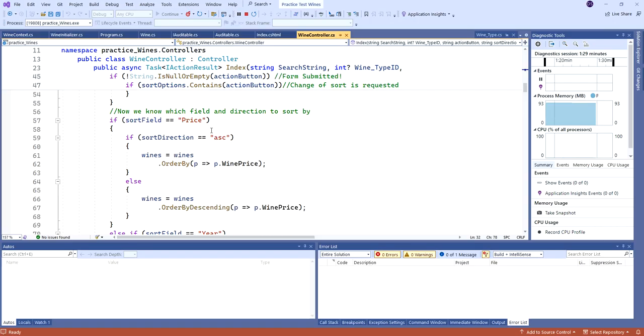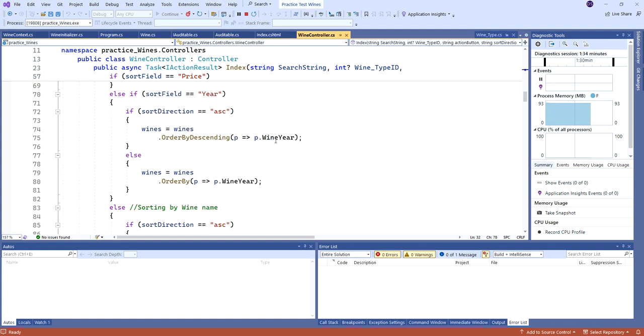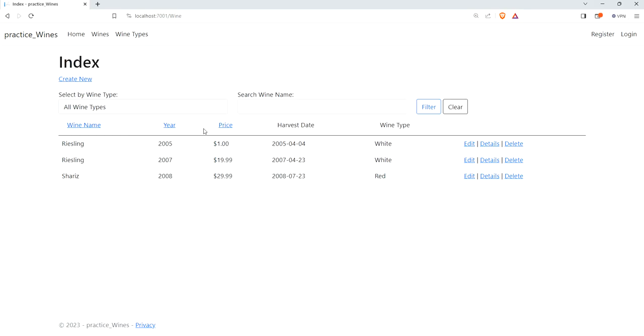I didn't have, okay, the price. No, it's the year, order by descending. So if I select year, see it's going by descending. Now it's descending. It doesn't really matter, does it? In the end, you click it and you can see that it's going the opposite way, right? Yeah, so it's working. I wouldn't worry too much about it, but